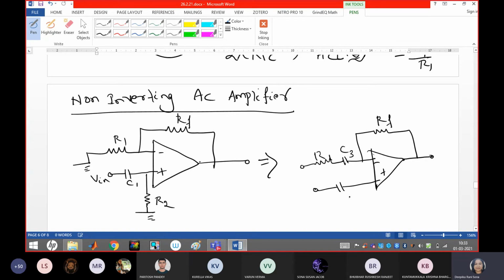Now we will not use this R2, we will use only this PI and additionally C3, and here the R2 will connect this. In spite of connecting it here, we may join the R2 at this node. So how will this help? This C3, the previous problem, the overall impedance reduction can be eliminated by adding this capacitor C3, which is large enough to act as a short circuit to AC signals.